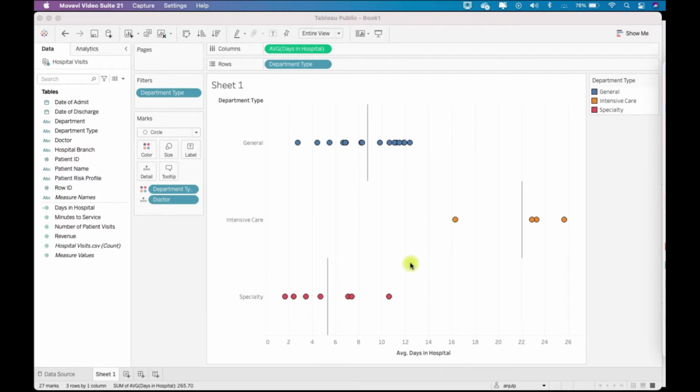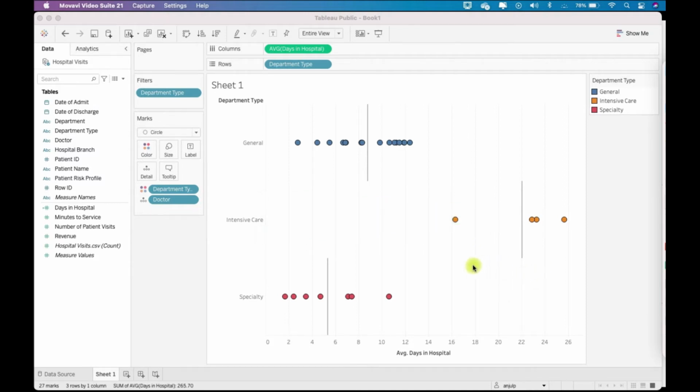It is also interesting to note that certain types of departments have longer average length of stay versus others. This makes sense as each type of department has patients with different needs. It's probably not surprising that patients in intensive care tend to stay longer, right? And certain departments may have different goals or requirements.